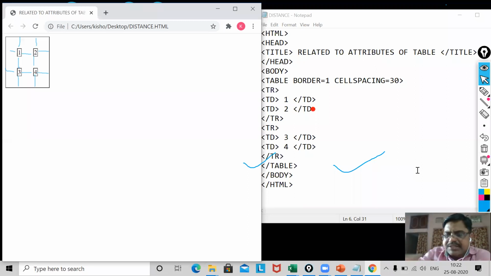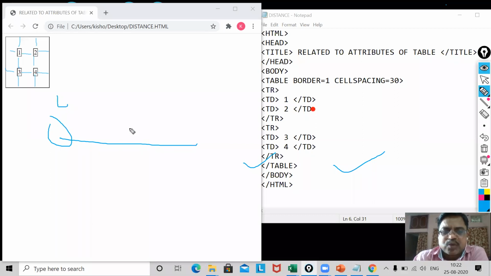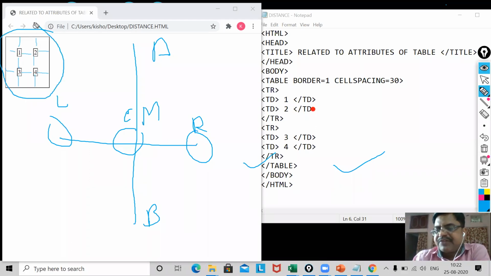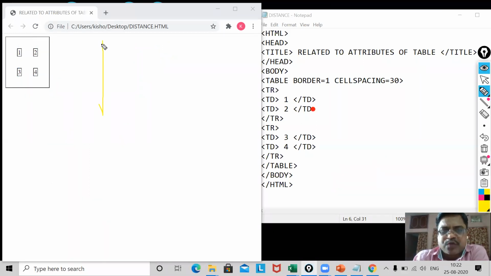When I'm talking about the horizontal way, then this part will be left, this one will be center, and this one will be right. And when I'm talking about the vertical way, then it will be above, and this will not be center, this will be middle, and this one will be bottom or below, you can say. So same way, how do you want to align your table? You see, just now my table is in which direction? Left direction. But I want to specify my table not here. I want to specify my table at the center.